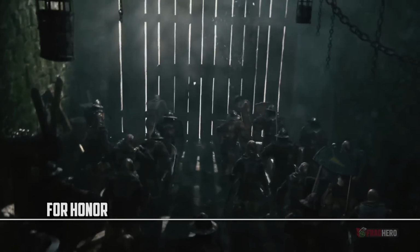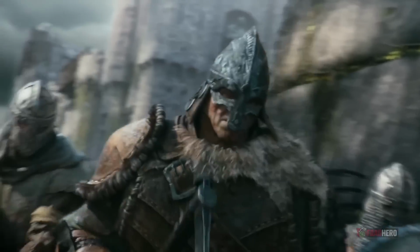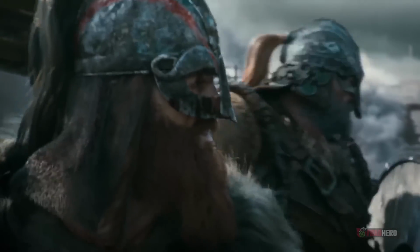The hack-and-slash action game For Honor will see the light of day on February 17th. It's developed by Ubisoft Montreal and published by Ubisoft, and will be available for Microsoft Windows, PlayStation 4, and Xbox One. The players will be able to control skilled fighters such as knights, samurais, or Vikings and take part in